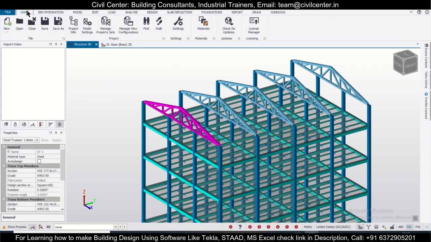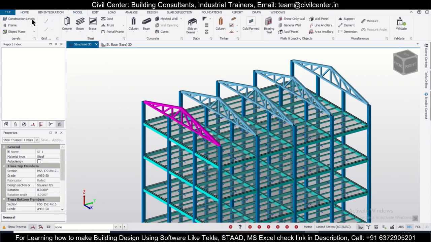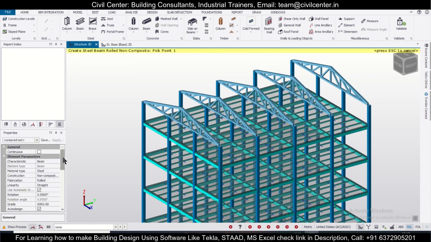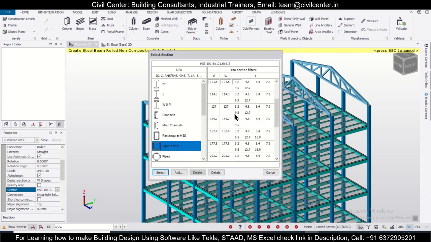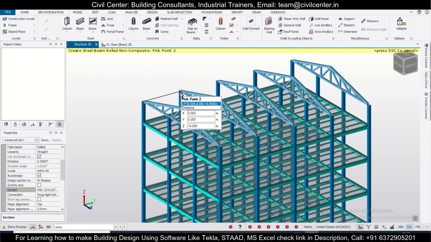After that you go to home and model, and then beams, and then choose a property or a section for our beams here. Let's go with this section of 127, and then select.